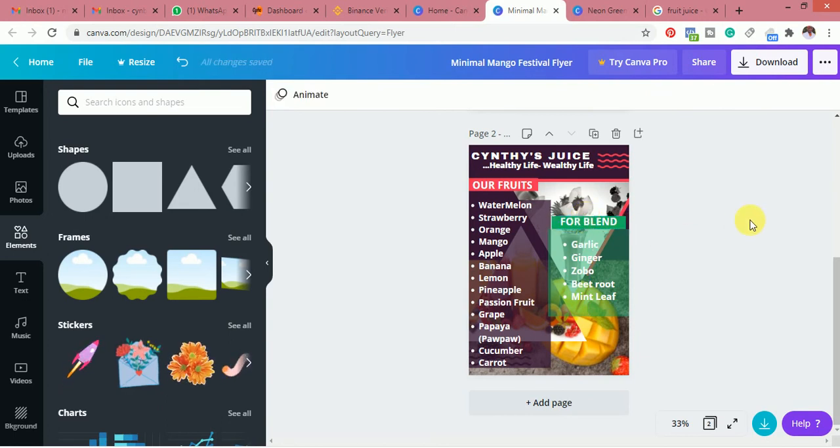Or I should leave it the way it was. The way it was kind of better, because it suits with this and this. So what I'm just going to do, I'm going to do Ctrl Z,